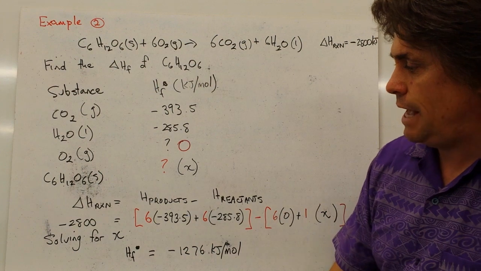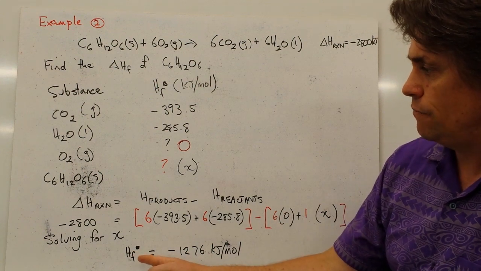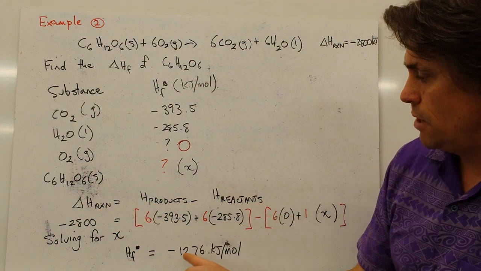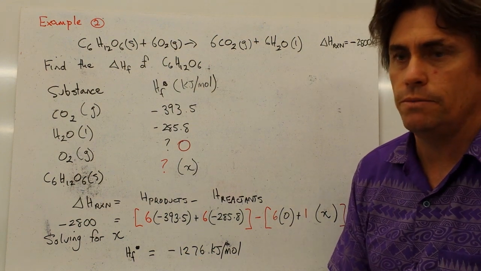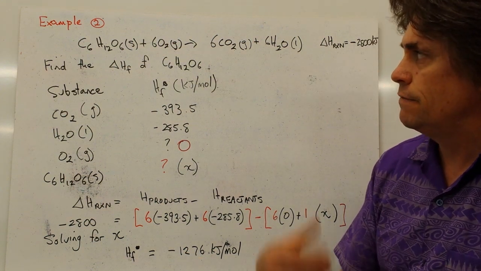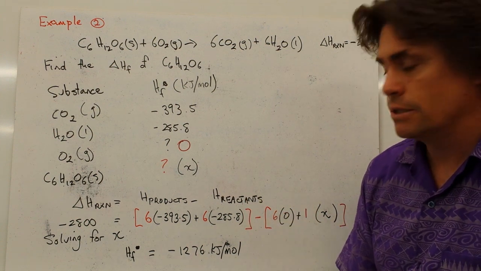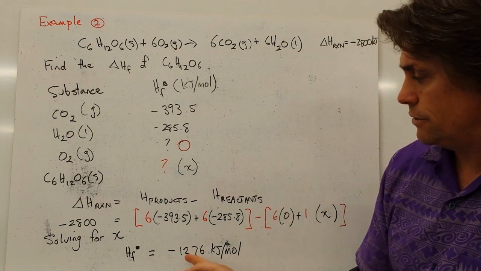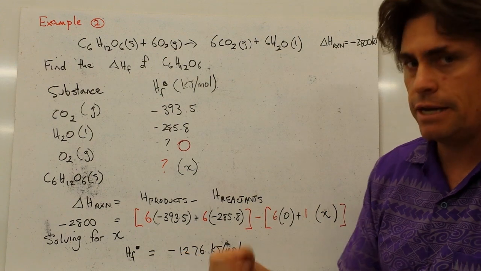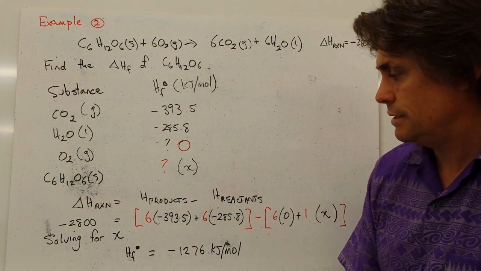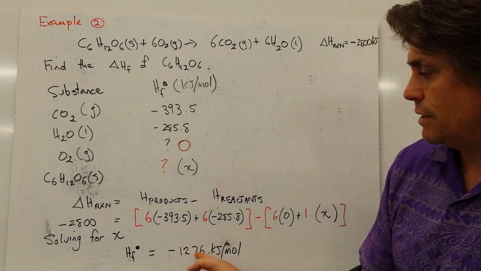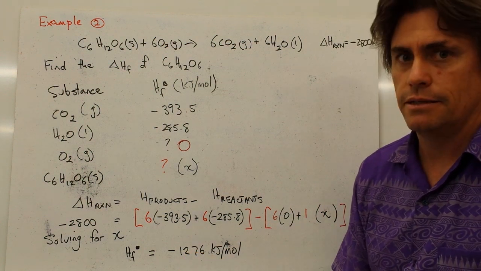And if we solve for X, our heat of formation for glucose is minus 1,276 kilojoules per mole. So what we're saying is to form glucose from its components, if we make it from carbon, hydrogen and oxygen, it's an exothermic process, and we will create 1,276 kilojoules